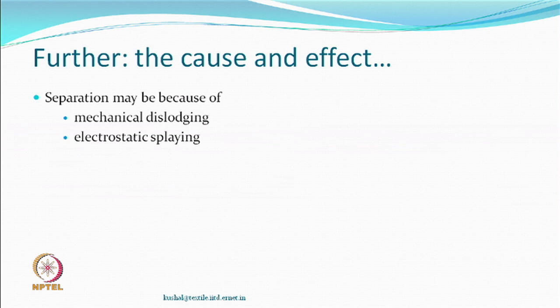The other could be that though we believe that the spin finish would be working the way it is supposed to work, it is quite possible that it may have been removed or is not as effective. If there is any electrostatic charge generation during this process, then they can also get separated. Not necessarily every filament is different, but from wherever they are, portions of the yarn can get separated and then they can get entangled.